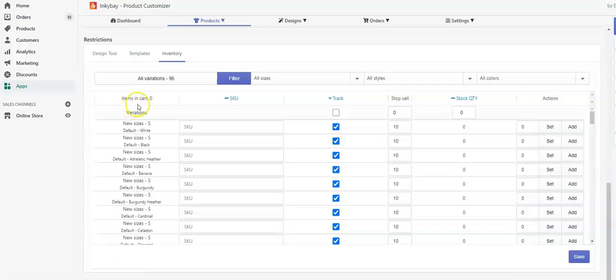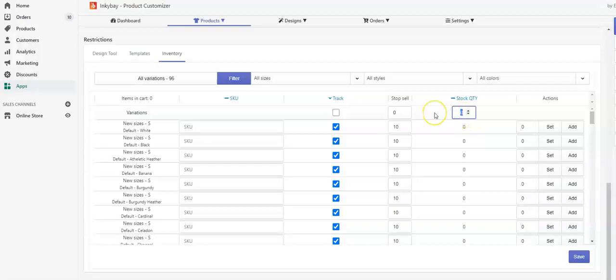As I said before, items in cart shows the total number of variants of this product added to the cart. Here, stock quantity shows the available individual quantity of each variant. You can add or modify your quantity here just by clicking on the field and inserting the number.